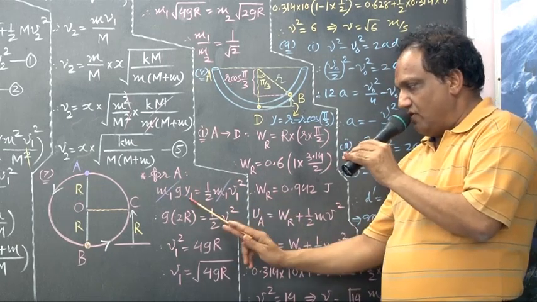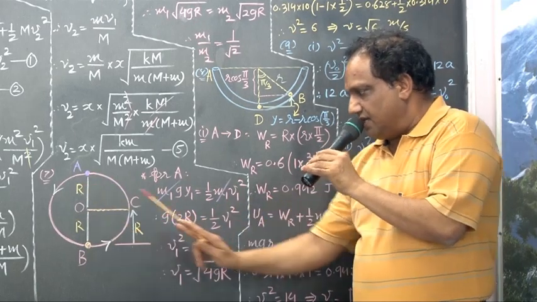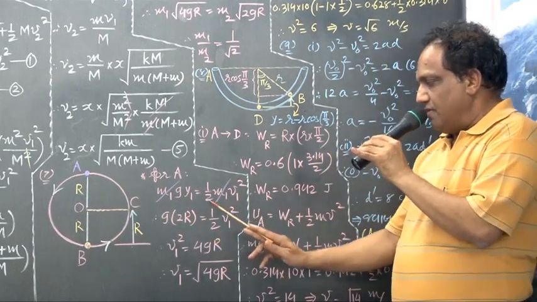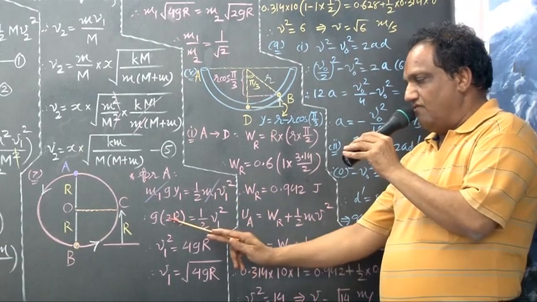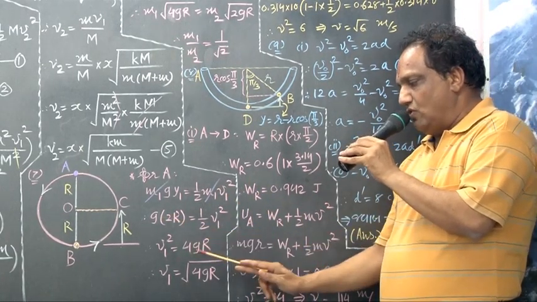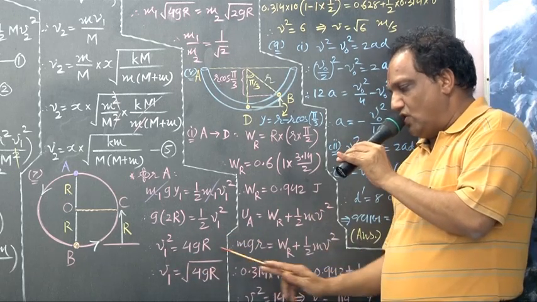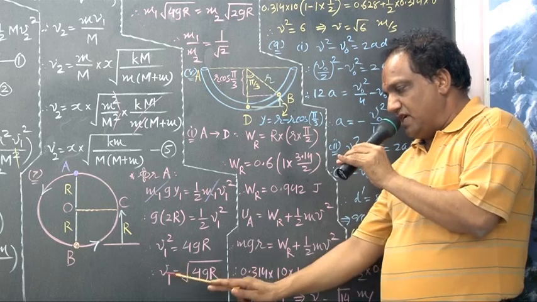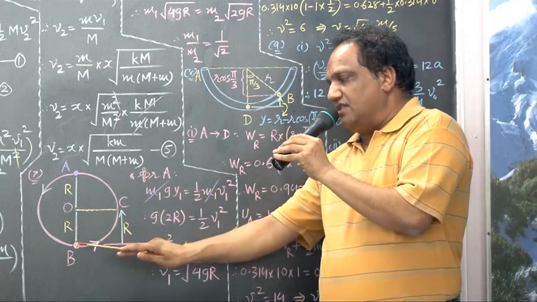g as it is, what about Y1? Y1 is this much decrease in the height. It is R plus R, that is 2R. This 1 by 2 as it is, V1 square as it is. Find out V1 square. 2 twos are 4gR. And now take square root. V1 equals under root of 4gR. This much velocity this bead will achieve before striking this bead.